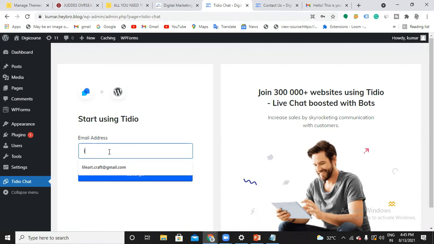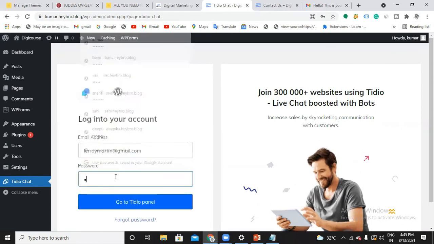So what is the website email address we use? Gerard Martin at gmail.com. Right. And let's go. And password.